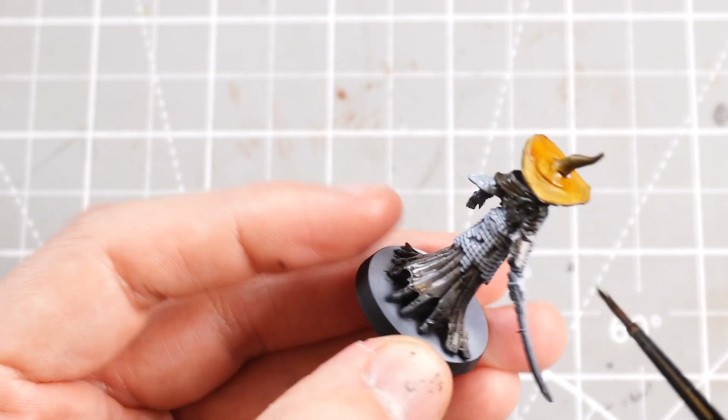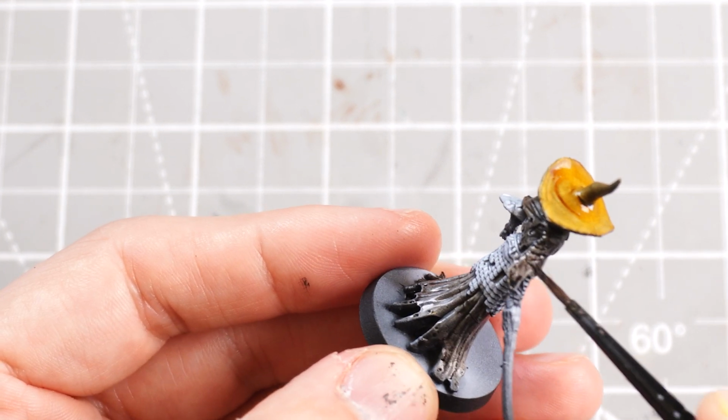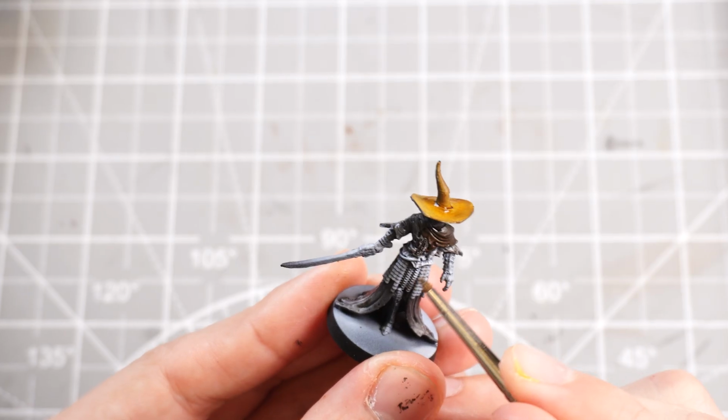I'll also paint in the sleeves as well, and all the sort of bits that are in between the armour, like the little holes at the back there, making sure that they're painted in as well. From there, I'm going to be using some Leadbelcher, which is a nice sort of gunmetal metallic,